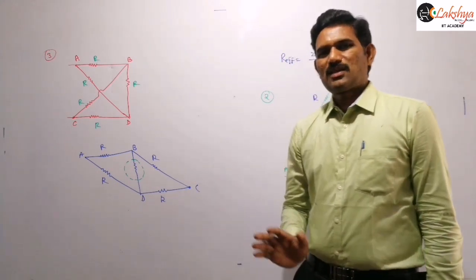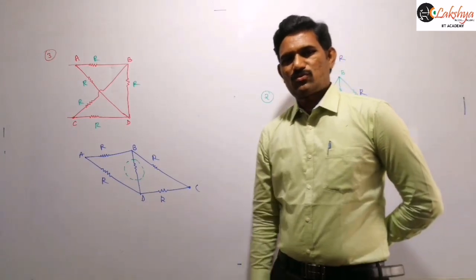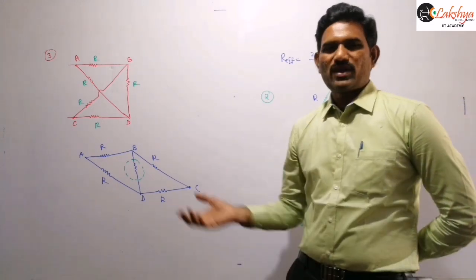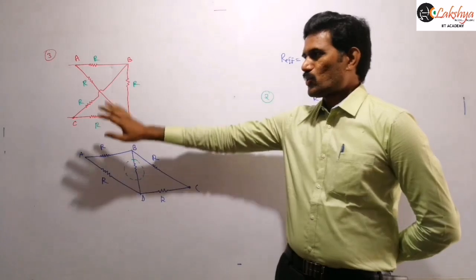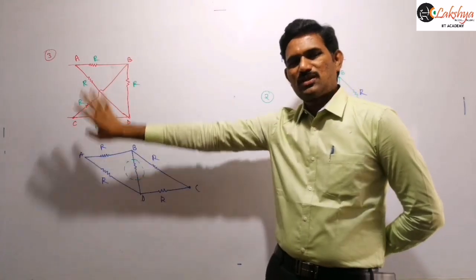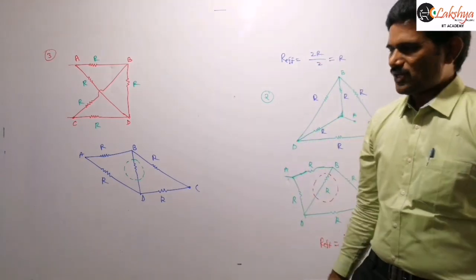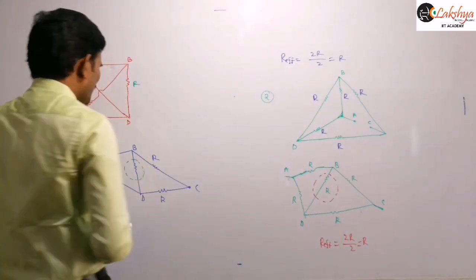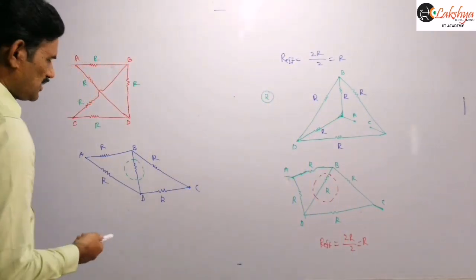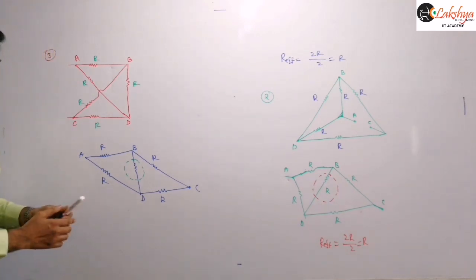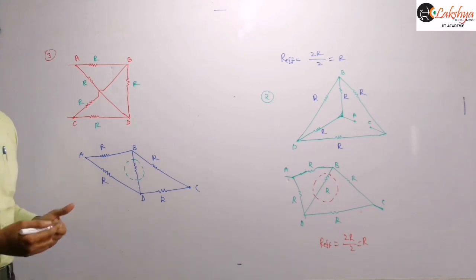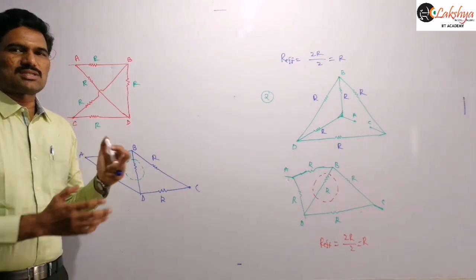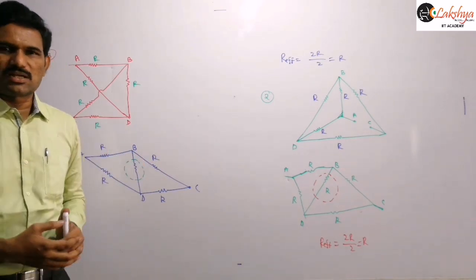First of all, I am saying how to identify the Wheatstone bridge in the given circuit. If it is a balanced Wheatstone bridge, then there is a use of identifying it. If it is not balanced, if all the resistors are different, then even though you identify it as a Wheatstone bridge, there is no use. Then I will explain what happens if it is not balanced. If it is a balanced Wheatstone bridge like this, you can find the effective resistance easily. We can remove the resistance connected in the place of the galvanometer, and then the circuit converts into a combination of series and parallel resistors, so that you can solve it easily.